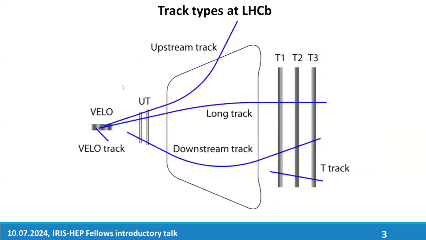Also in Run 3, it became possible to work with a new type of tracks. Previously, in previous runs, long tracks were used for studying, which leave a signal in all tracker systems of the detector. Now we can reconstruct downstream tracks, which expanded the possibilities for studying long-lived particles, which could escape the VELO detector. So now we have new unique tools, an updated HLT1 and a new type of tracks, and want to use them for research. So the first